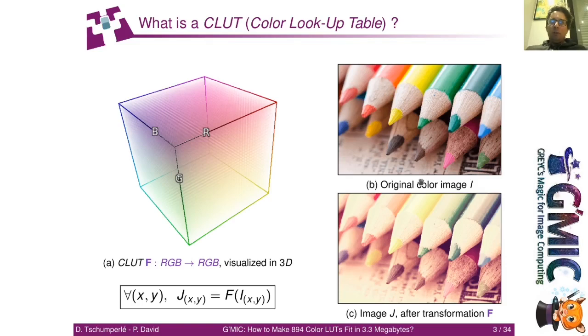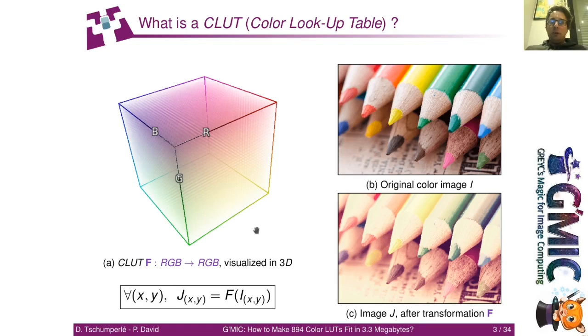One of the most common models for representing a generic color mapping is what people call a color LUT, or a CLUT, which stands for Color Lookup Table. A CLUT is actually a very simple model to understand, but it's very versatile as it can represent a wide variety of color transformations. Basically, a CLUT is nothing more than a function defined in the RGB cube, that is to say, a 3D function that defines the transformation of every possible RGB color into a new RGB color.